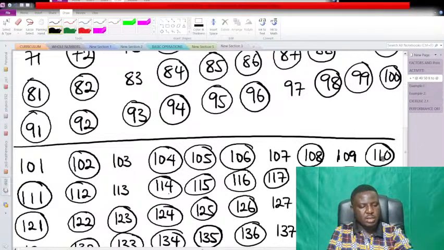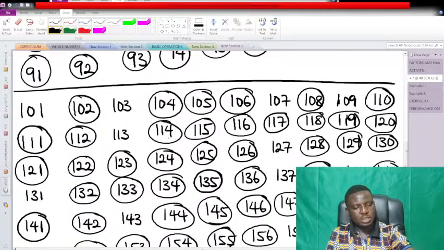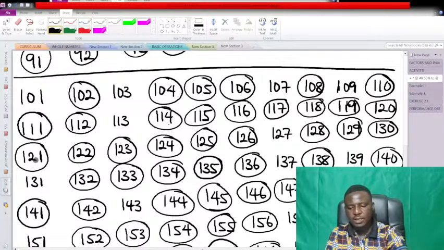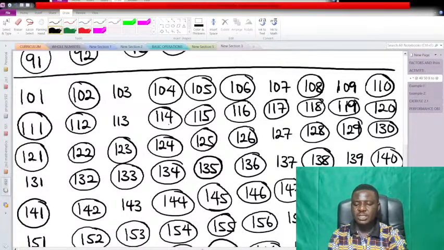Okay, when you add 11 to this, it gives you 121. 121 is shaded. 121 plus 11 will give you 132. 132 plus 11 will give you